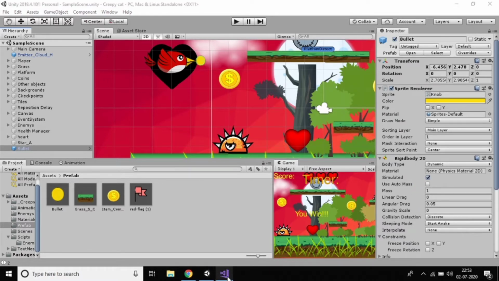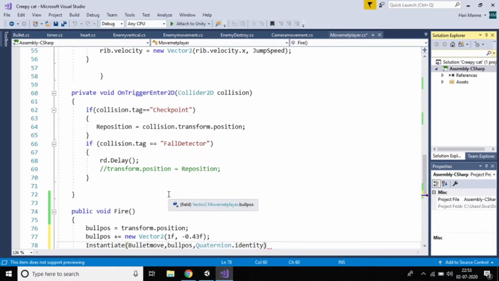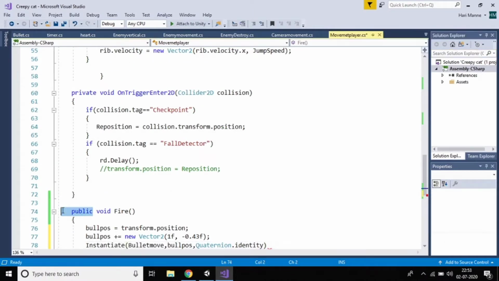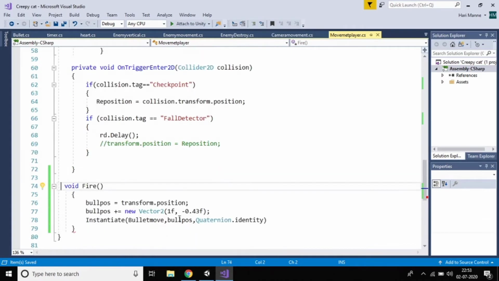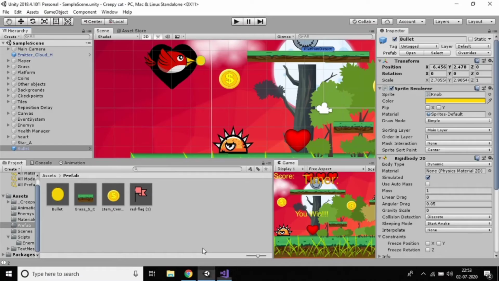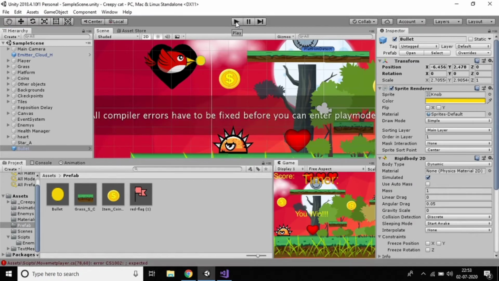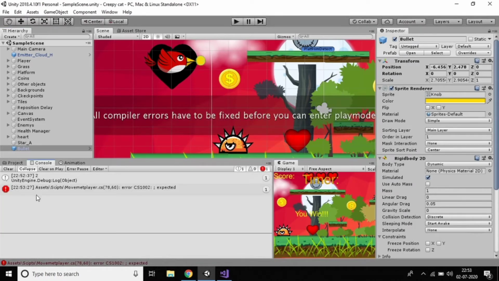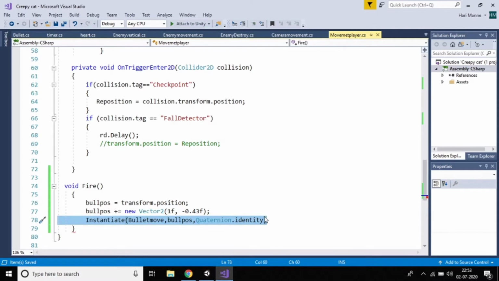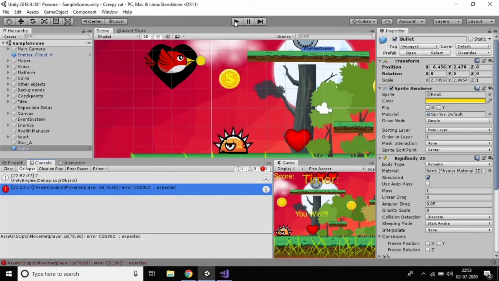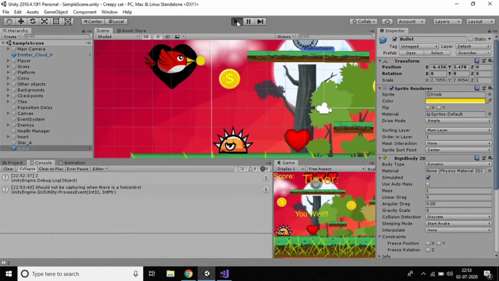Just go to code. Void fire. Remove this void, no need to be public. I think it's not going this side. And just check what error we are getting. Just Control S and now you can see here. So that's why we didn't get it. So just paste here.